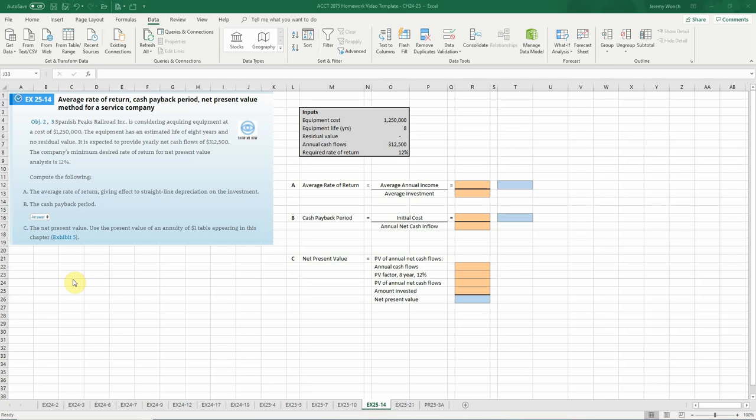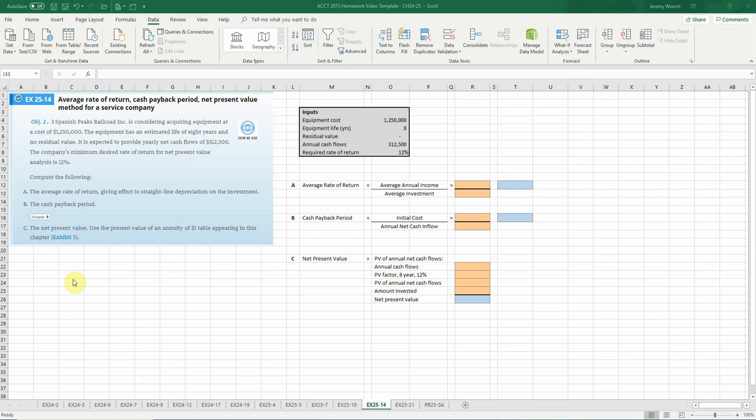Exercise 25-14. This problem asks us to do a couple different calculations. So we're going to have average rate of return, payback period, and NPV. So we have this company called Spanish Peaks Railroad, and they're considering acquiring equipment at a cost of $1.25 million. And the equipment has an estimated useful life of 8 years, no residual value,